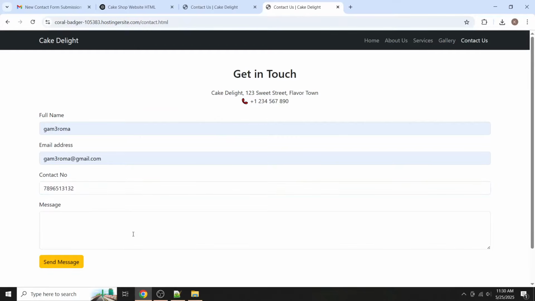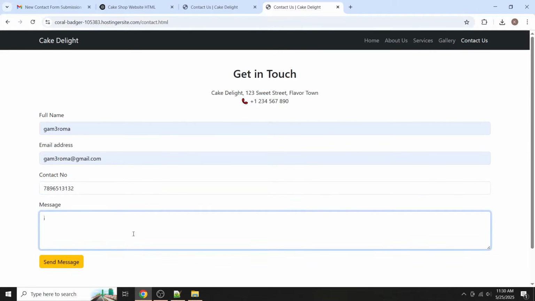Okay, and then I want to buy 3 kg of custom design cake for birthday. Okay, on 1st June, please contact me with details and prices. Okay,